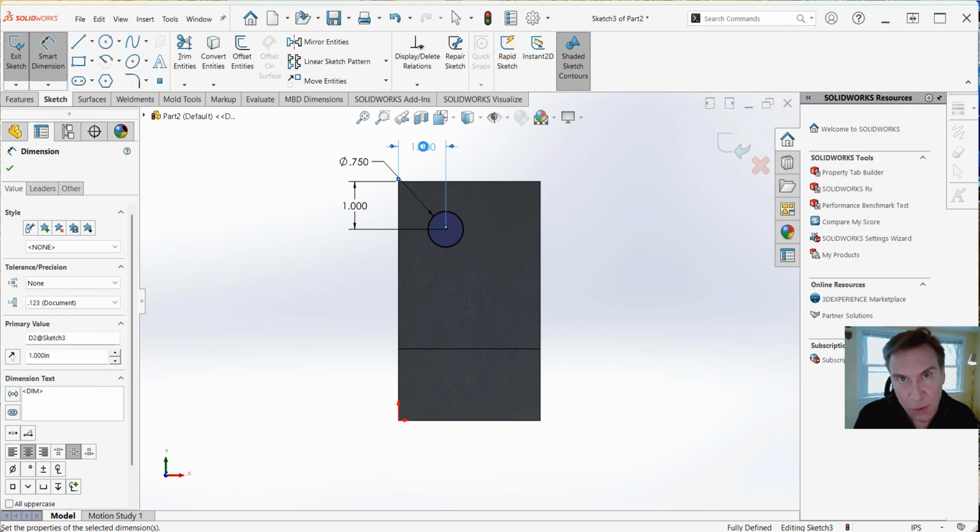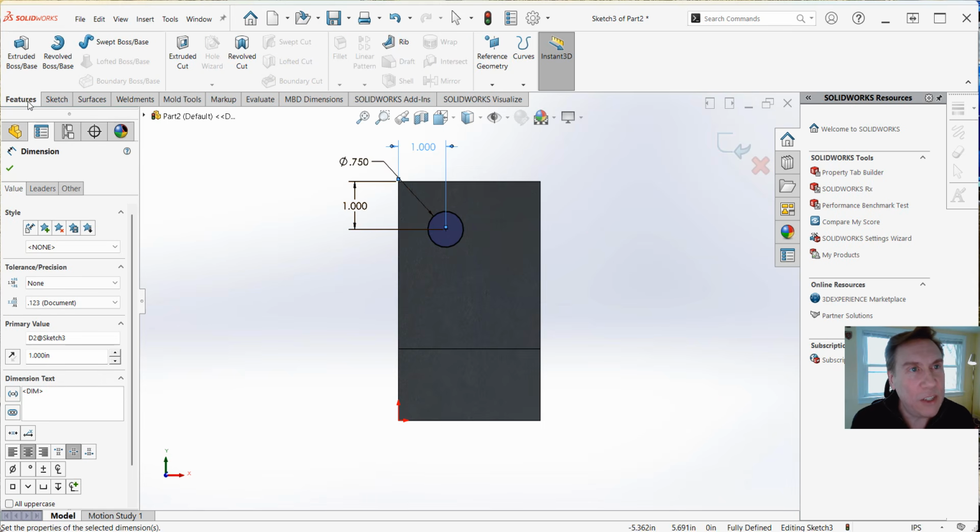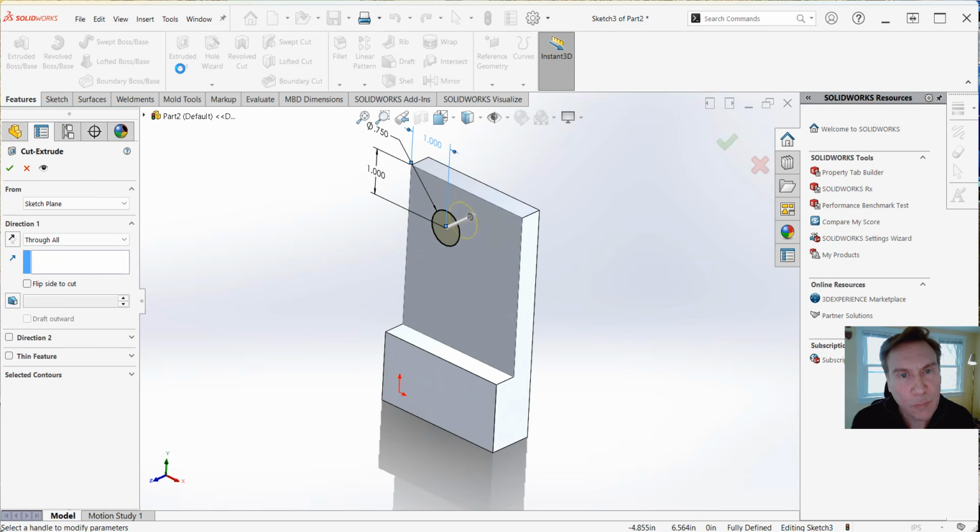Just remember, if you interview, that's what's going to make you look really professional. Okay. All right. So now we could go to features, extrude cut. And now we could have it cut through earlier. It's interesting. It's decided to go with through all here, which earlier was set to blind, which you might see